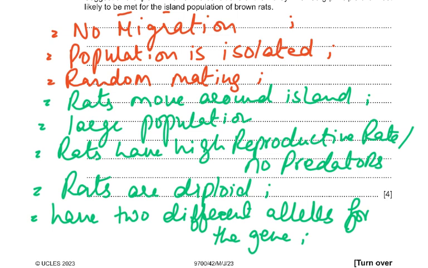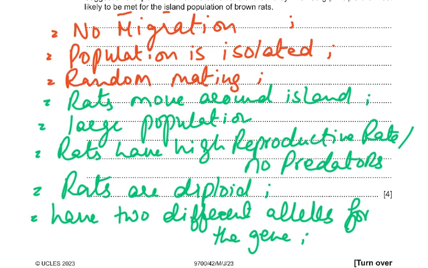The Hardy-Weinberg principle only applies if there are two alleles of the gene, because that is what we use the p and q for. So p is the dominant, q is the recessive, and 2pq is the heterozygous. So what you have to understand in such a case is, number one, no migration. That means no flow out of or into the population. Then the population is isolated.